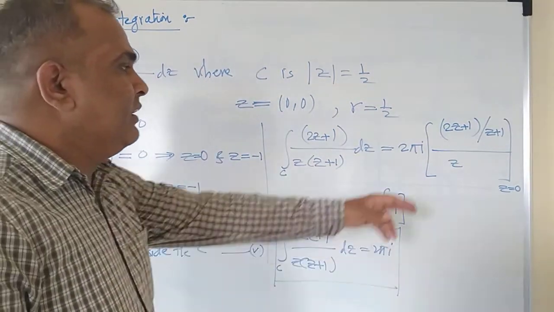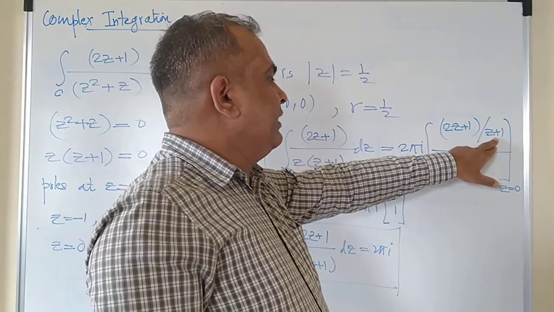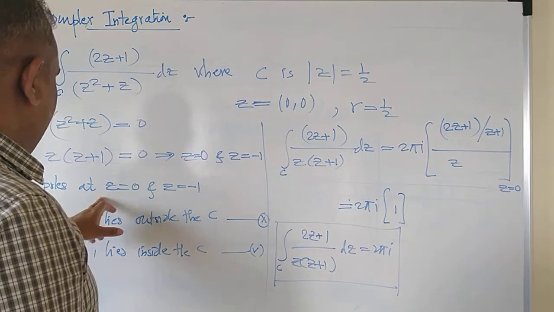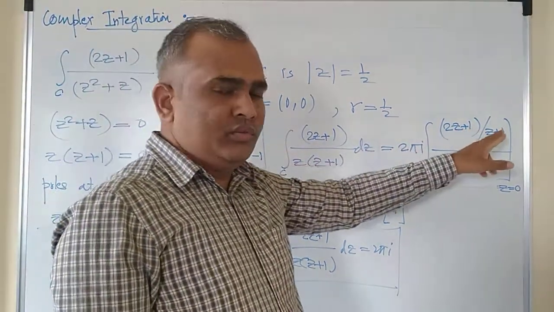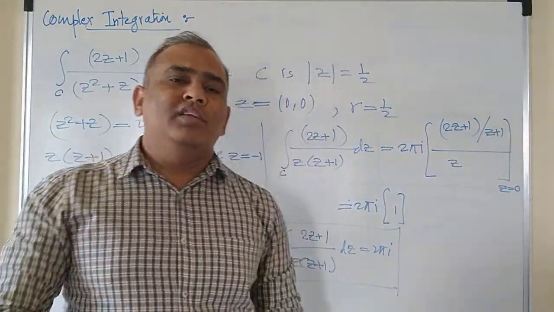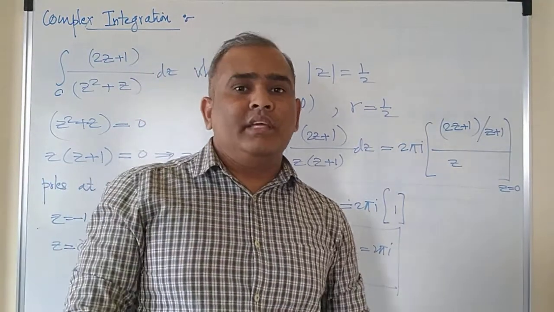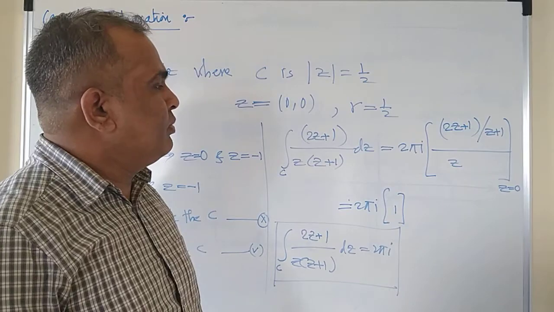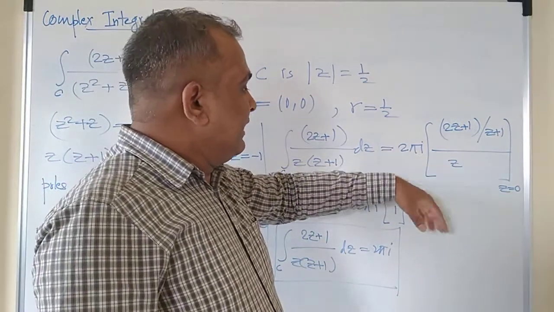For the other point, z equals minus 1, you need not solve this. But now assume that this point is inside the given contour. If this point is inside the contour, then what are you supposed to do? Then in the next case,